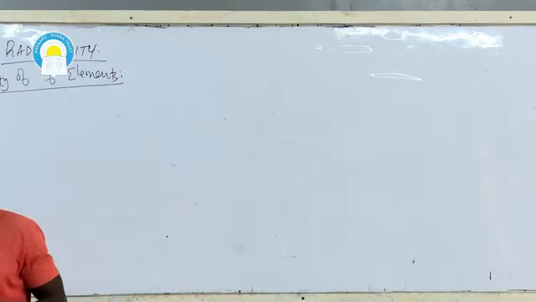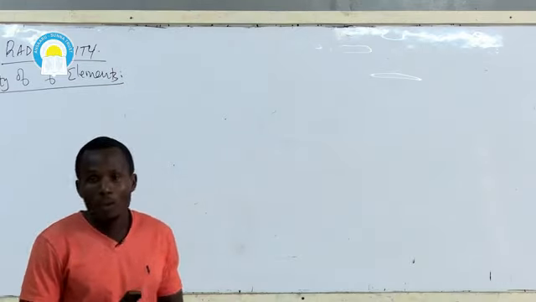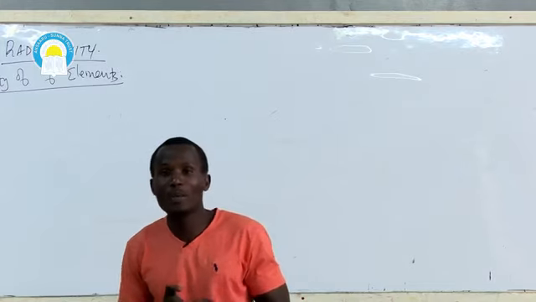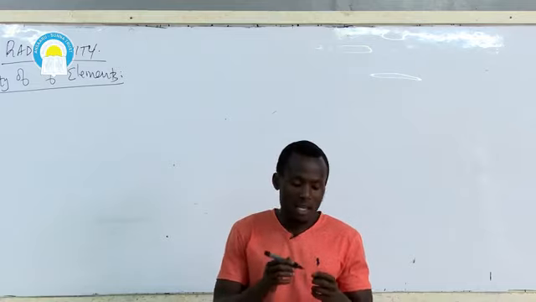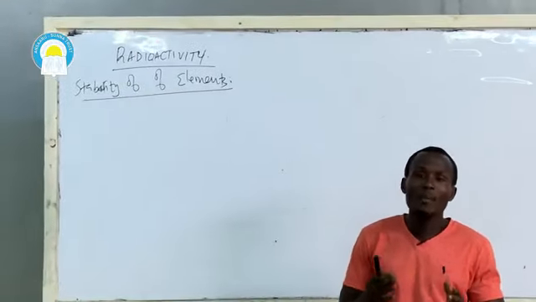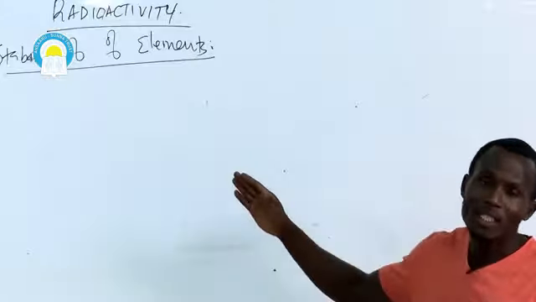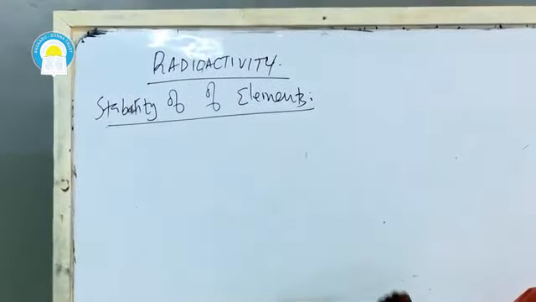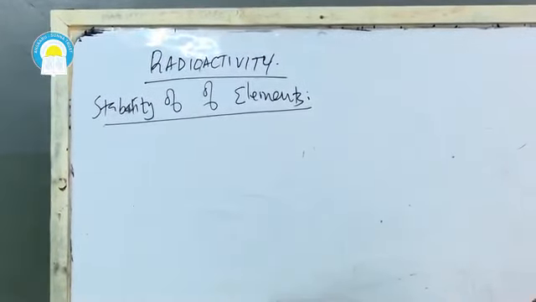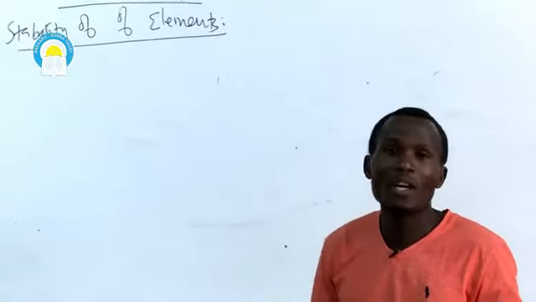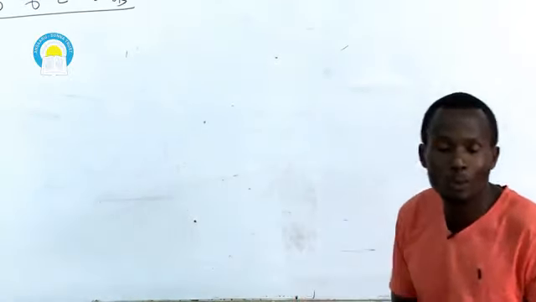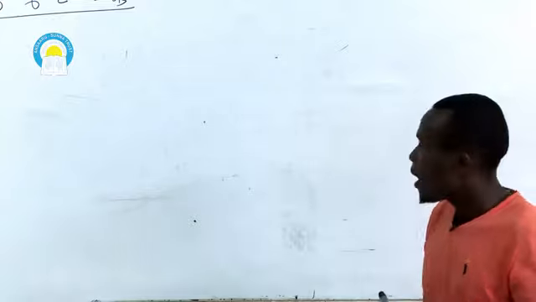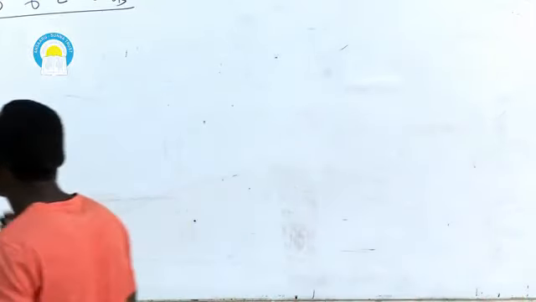What determines whether an element can undergo radioactivity or not is the ratio of the neutrons to protons in that atom. And when we talk about isotopes